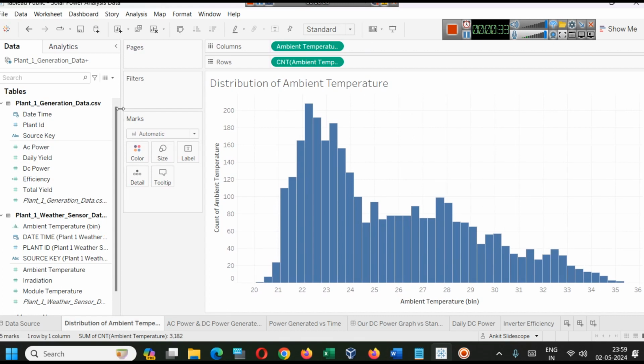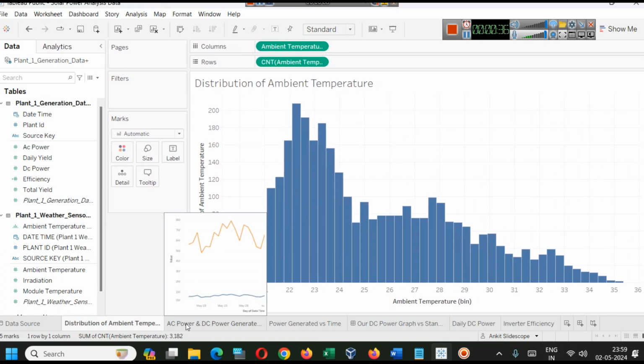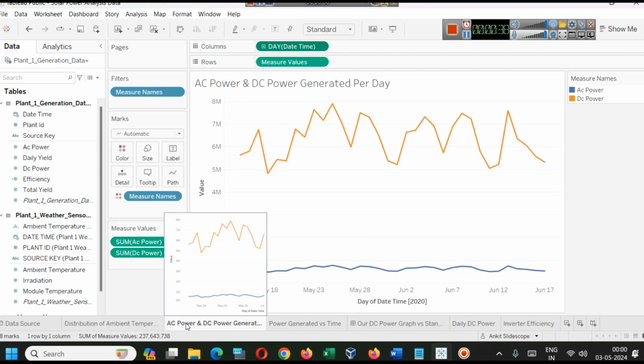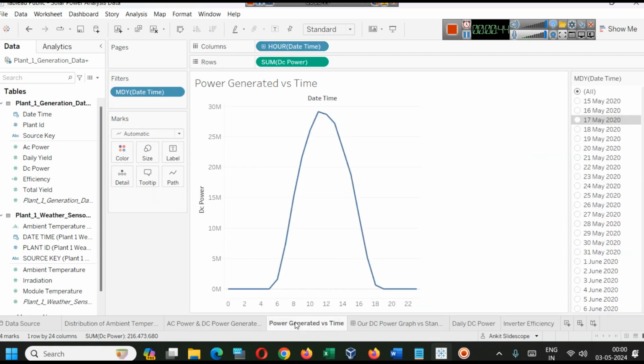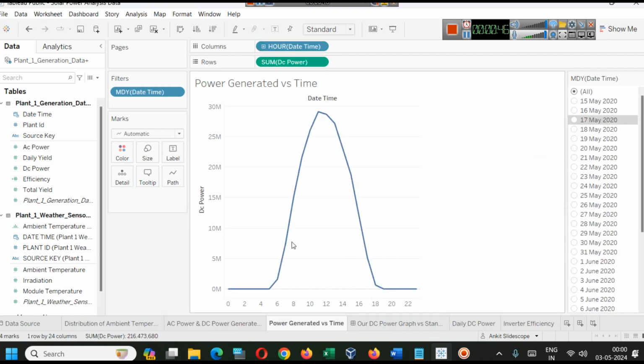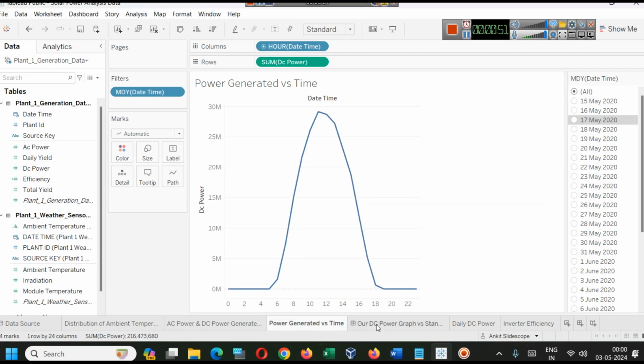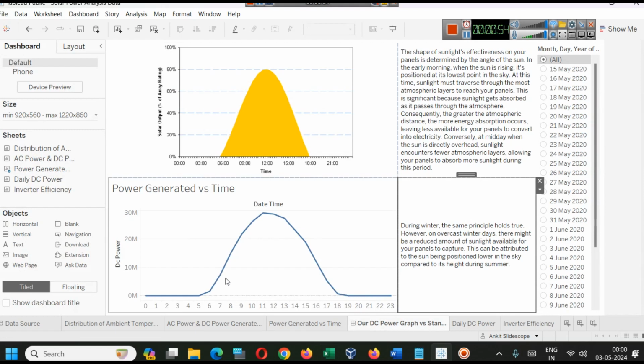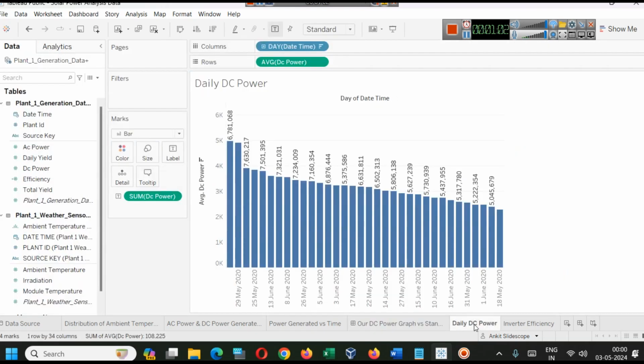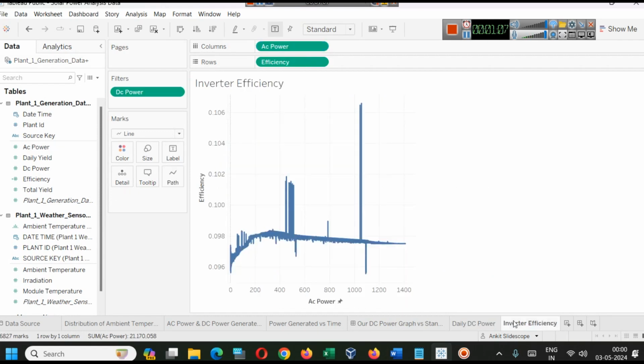For beginners, we have prepared some graphs here for plant number 1. Here you can see AC power and DC power generated per day. Here you can see power generated versus time. Here you can see comparison of our data with the standard data, which we will discuss in a bit. Detail of daily power generated, daily DC power generated, and inverter efficiency graph,